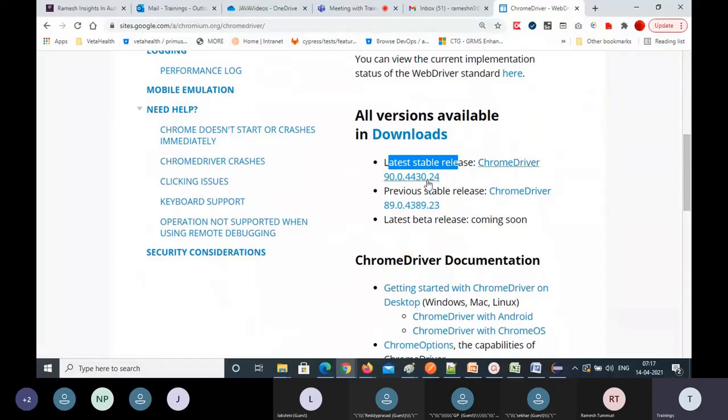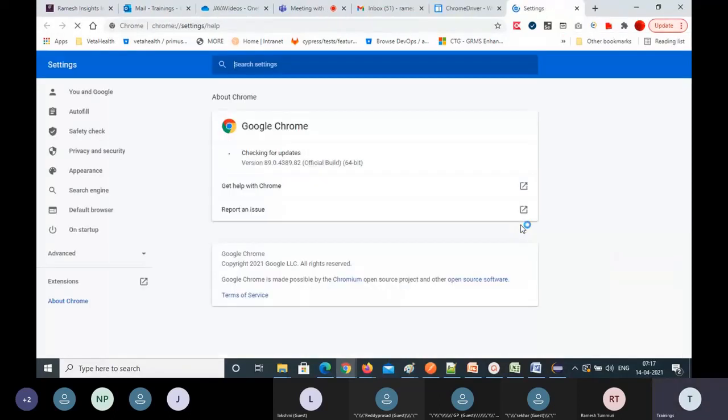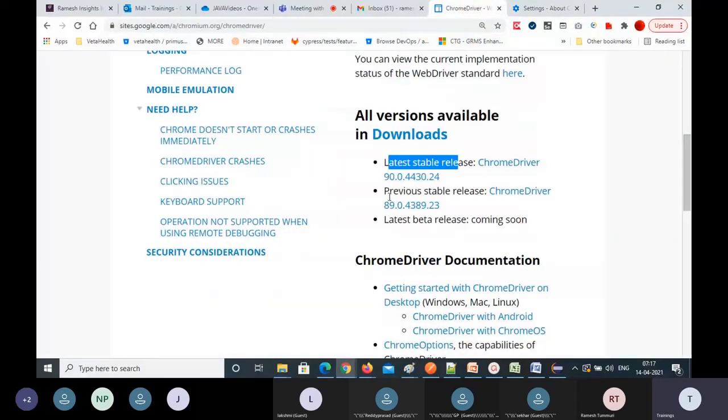Now, how to find my Chrome version? On the top right side, there are three dots. Click on the three dots, then find the Help menu and then About Google Chrome. You click, then it will show you your version. See that, 89.0.4389.82. So this is my version. That means it is this one here that I need now.